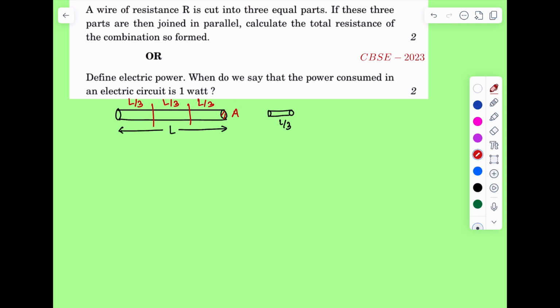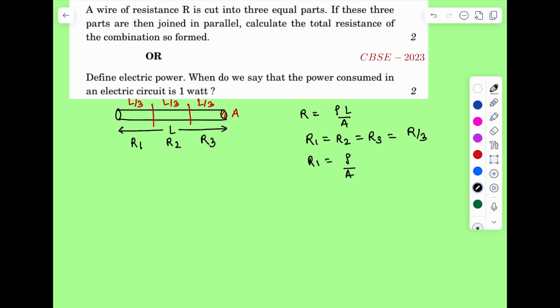same for these three parts, and we know that R is equal to rho L by A, where rho is the resistivity, L is the length of the conductor, and A is the area of cross section. Now here area of cross section remains constant, length becomes 1/3. So this R1, R2 and R3 will all become R by 3,